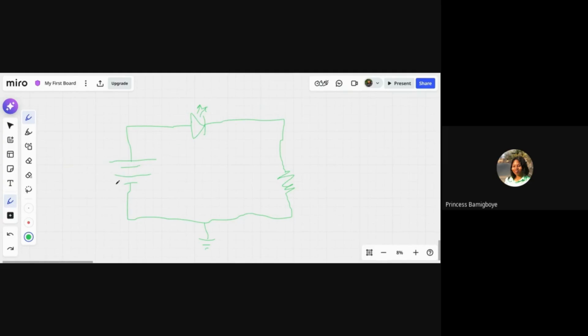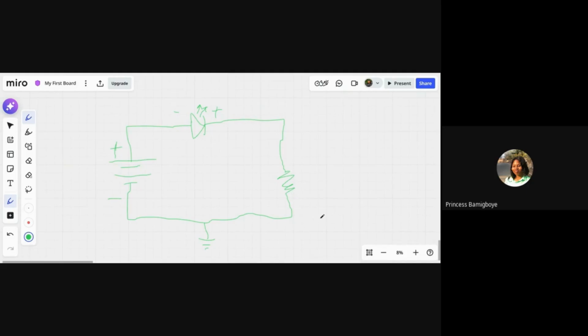So this is the battery, this is the LED, this is the resistor. I apologize for my ugly resistor, and this is ground. So this is negative, positive. Remember, the side with the long stroke is the positive part. Negative, positive, negative, positive. And then this is the resistor.